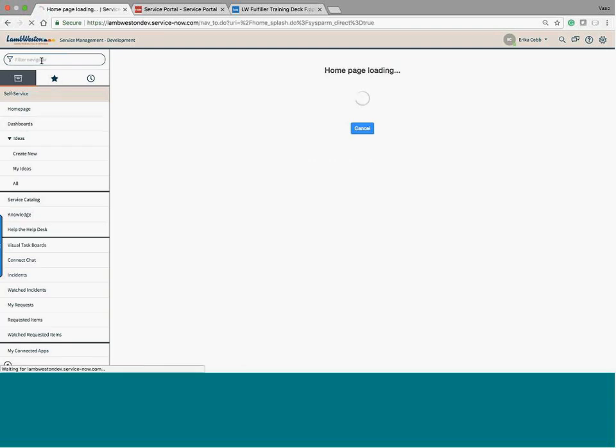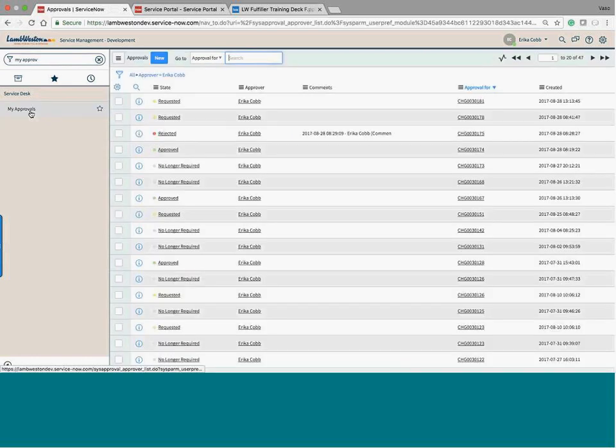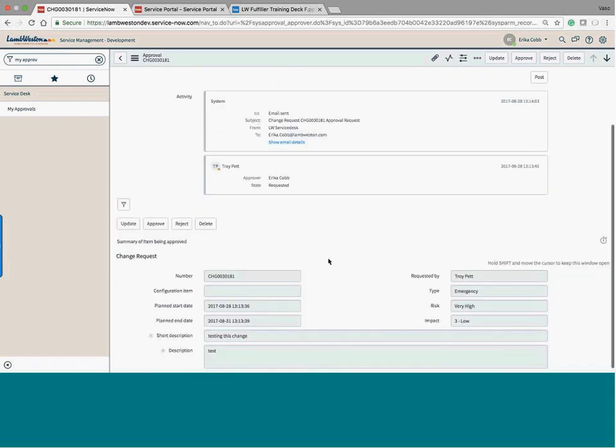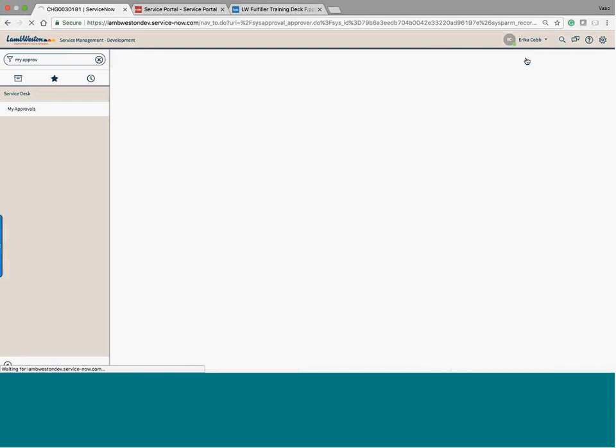Logged in as Erica, I can go to my application navigator and type my approvals to view any approvals that are pending. Now we see our change. One nice thing here is that you can directly approve the state from the list view. So I can click approved and it will be approved. Or I can go directly into the form itself if I want to see more details. We see the change number here, the subject, and then approve it from this record. So I'm going to approve the change